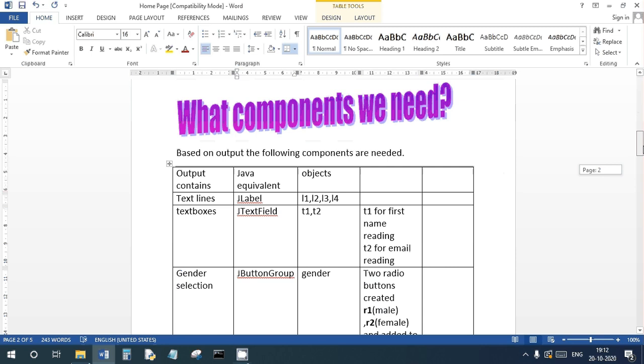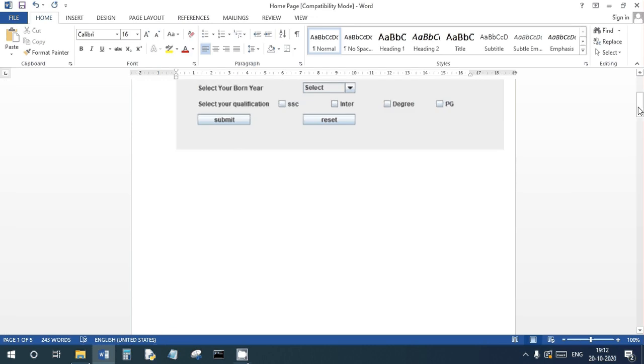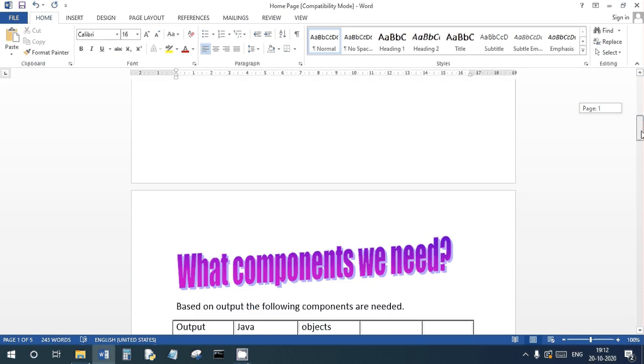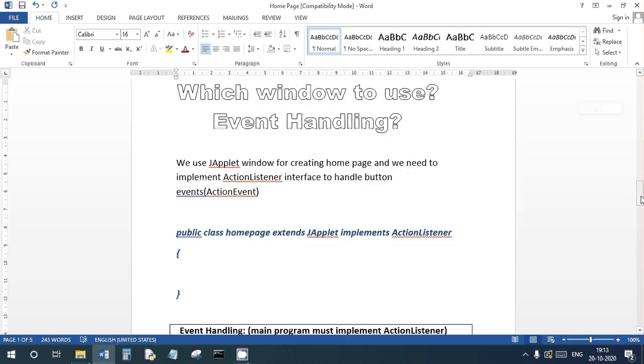Now what window are we going to use? As we are using swings, we are going to use the JApplet window. Also make sure that if a user clicks on the submit or reset button, there is an event handling mechanism, because when the user clicks on a button something must happen.